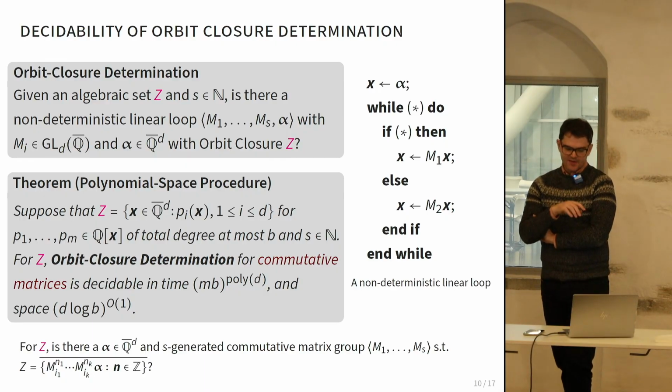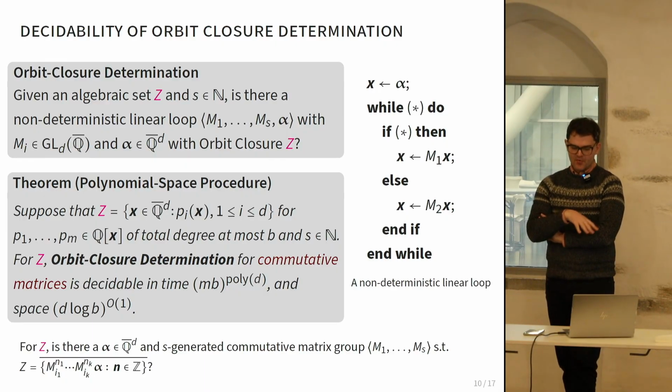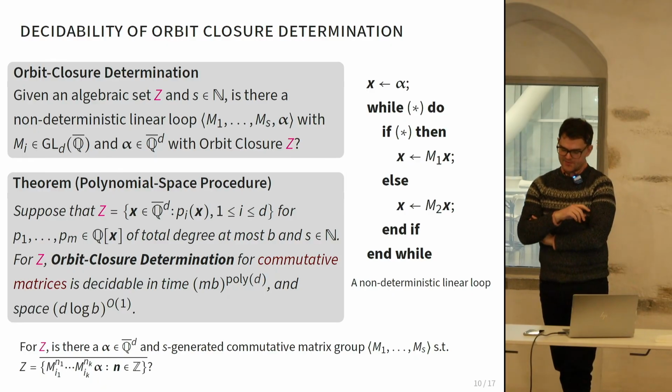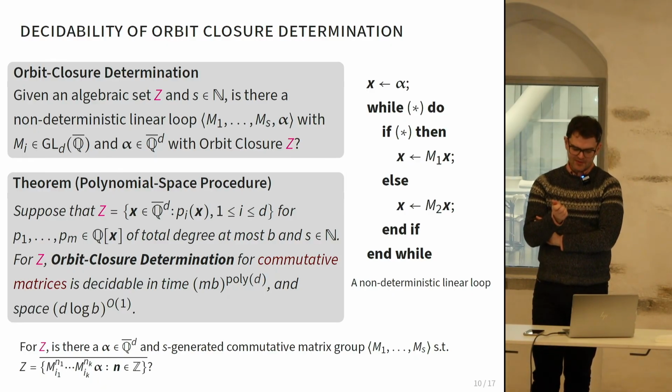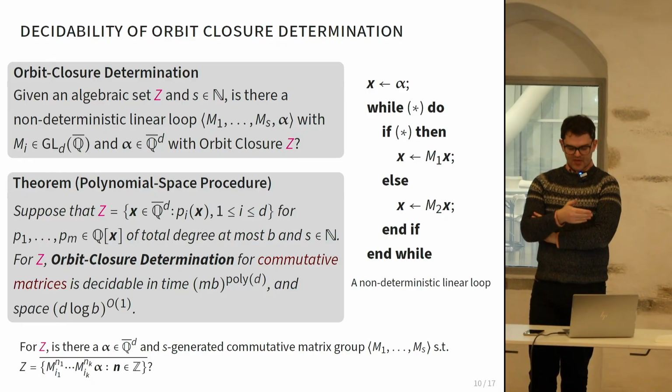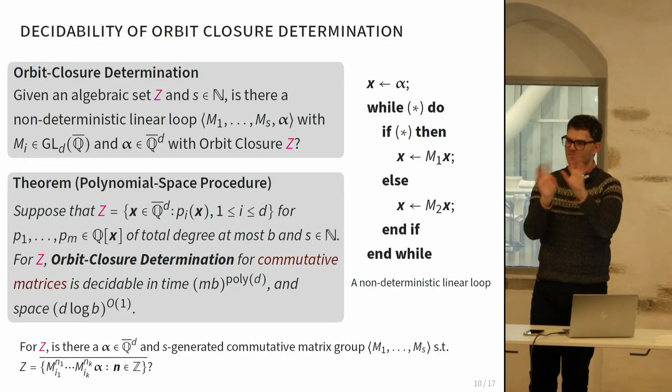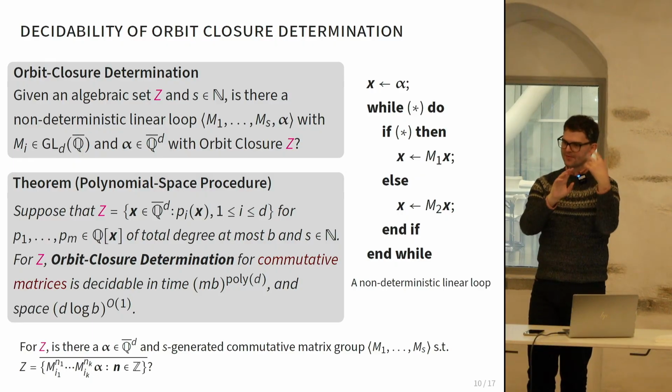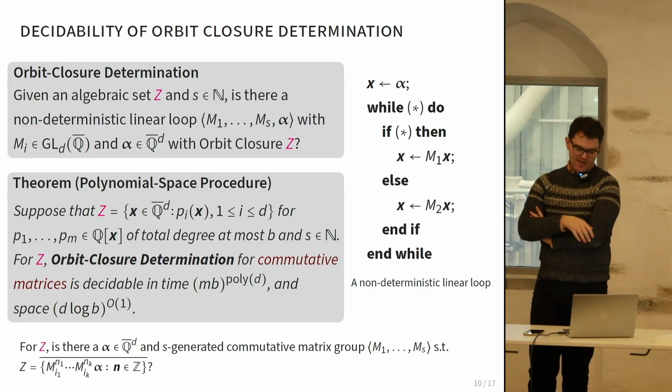My one last thing then is that there's an alternative way of thinking about what this non-deterministic loop looks like. And because you have commutativity, in the loop setting, these bottom two lines are literally just saying, well, what are the matrices that I can apply to alpha? And because you're allowing commutativity, you can just lump all of the M1s together, lump all of the M2s together up to the MIKs, as much as you like.